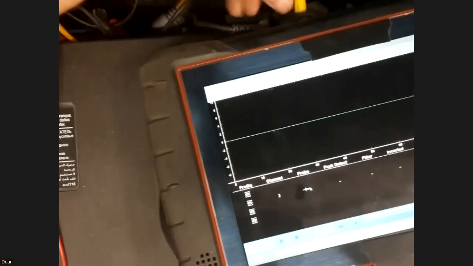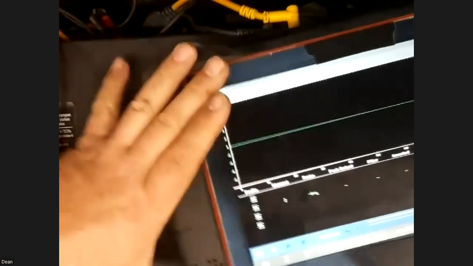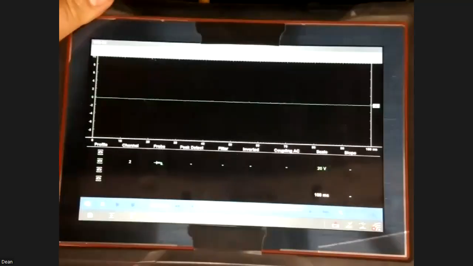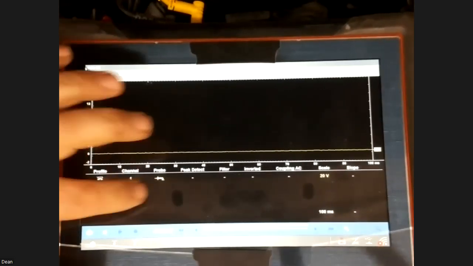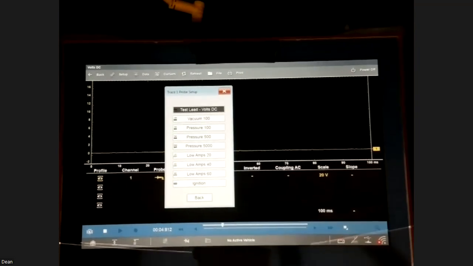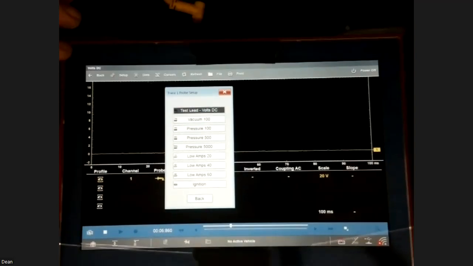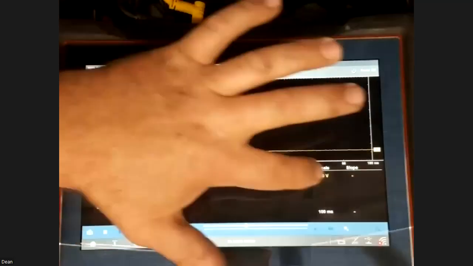Okay, now let's get to some testing quickly. So we're going to be going to channel 1. I'm going to set this back up. Give me 1 second here. Okay, we're going to turn off channel 2. We're going to turn on channel 1. This here is the probe lead. We're going to be testing volts DC, which is set already. And it's going to be at a 20 volt